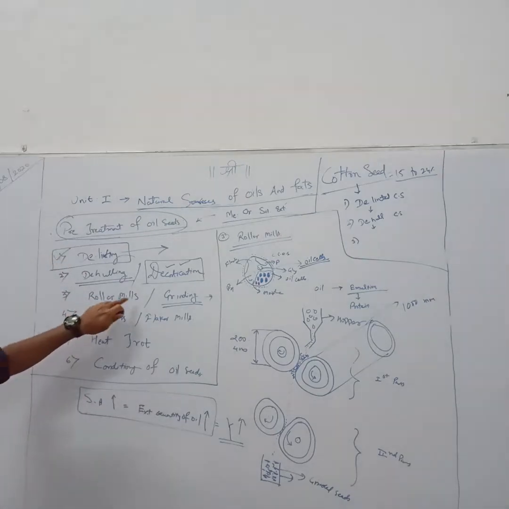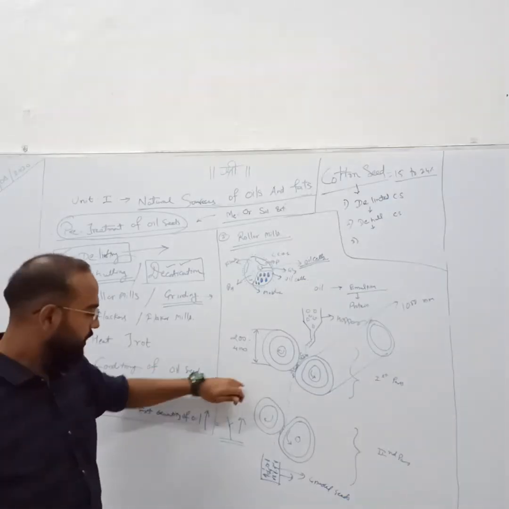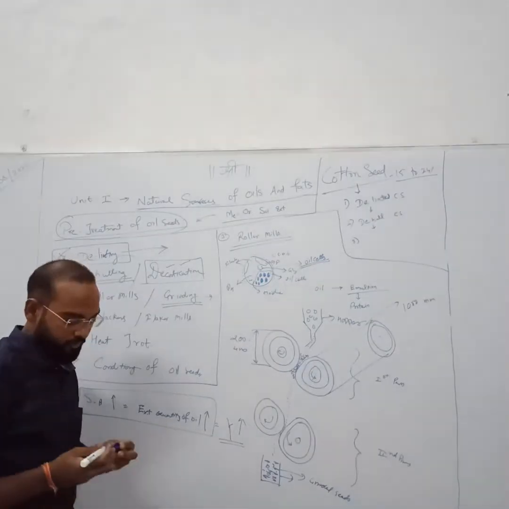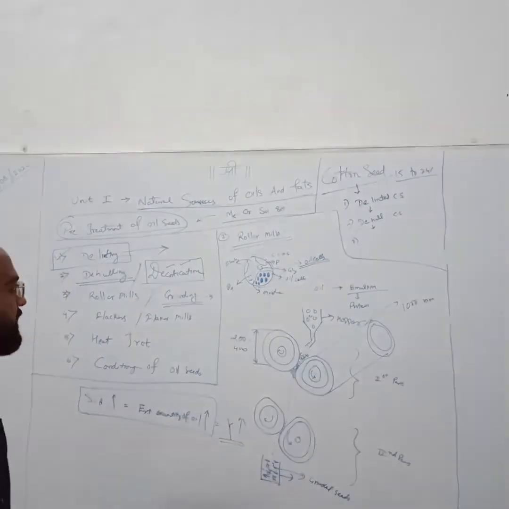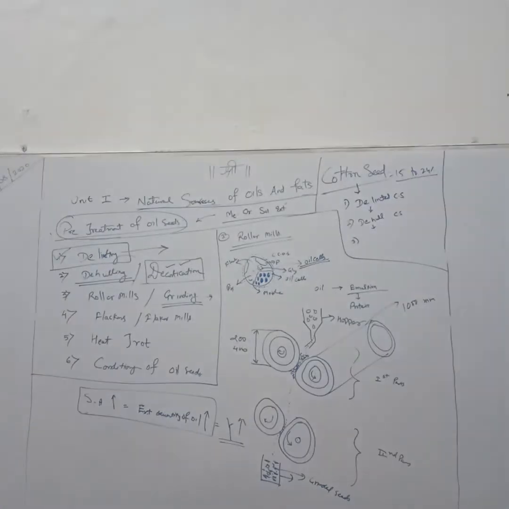If this is a roller mill or grinding operation, then definitely the yield is very low. You do not get that much quantity of oil as a product. Besides that, there are different advantages of grinding mills. It can make the extraction process easier. It gives a higher amount of yield, and the last one is that the losses of oil will be minimum during refining and also in oil cakes.